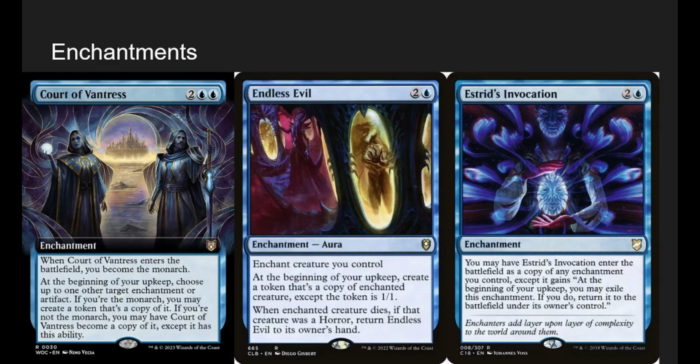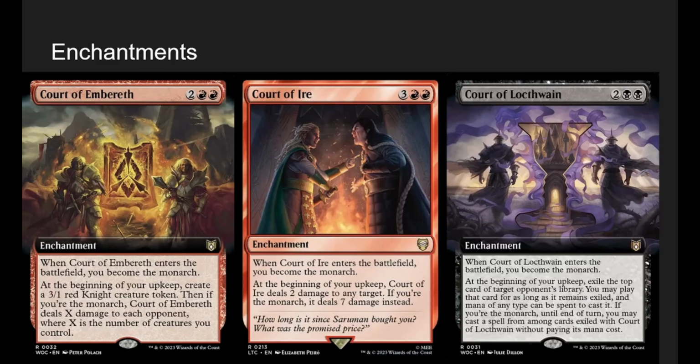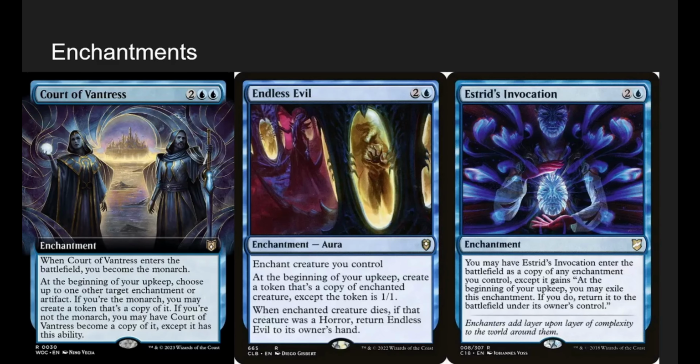Then we have Court of Vantress, enters become the Monarch. At the beginning of your upkeep, choose up to 1 target enchantment or artifact. If you're the Monarch, you may create a token that's a copy of it. If you're not the Monarch, you may have Court of Vantress become a copy of it, except it has this ability. Court of Vantress is huge, because if we're the Monarch and we have any other court on the field, let's say Court of Ire, right? It either becomes a copy of Court of Ire, and then it's dealing 14 damage to each opponent per upkeep we have,